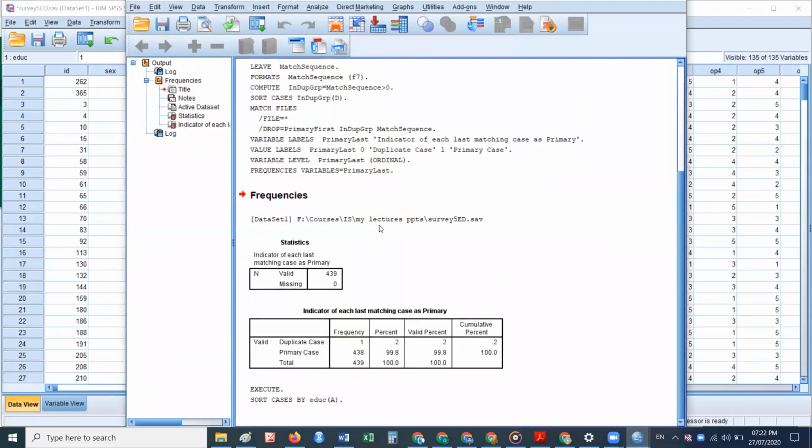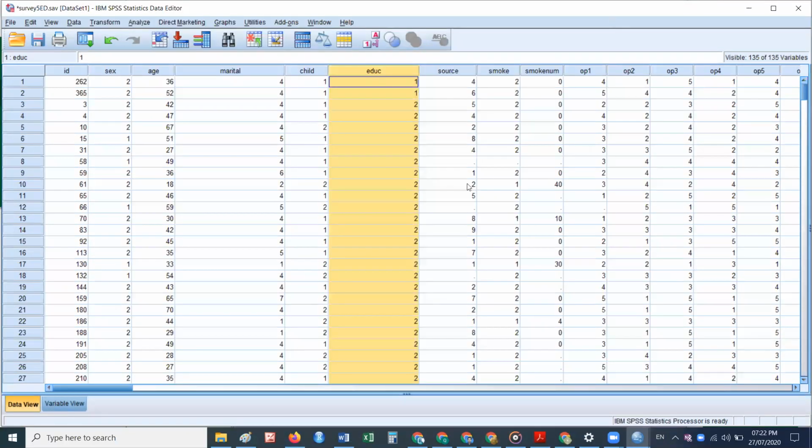Now the syntax is there for the command of the data sorting. Now we can see that the data will be sorted with respect to education level.